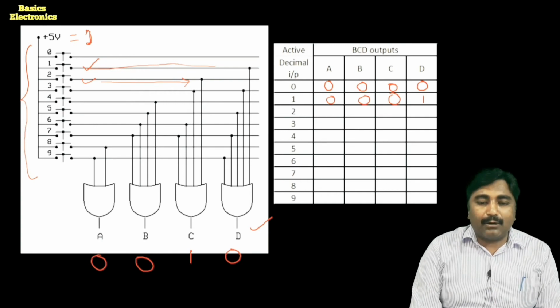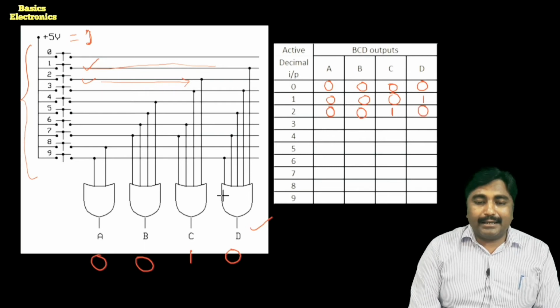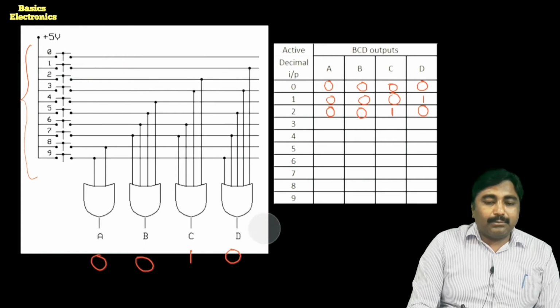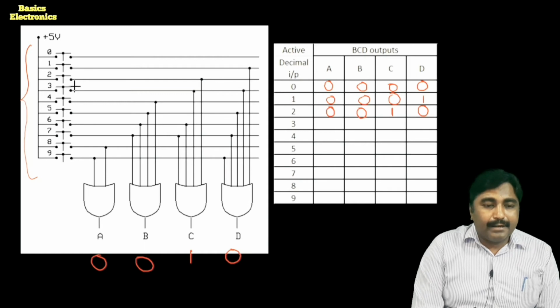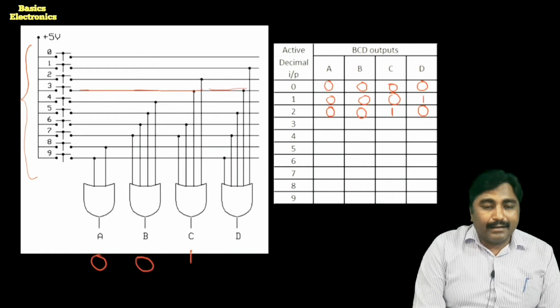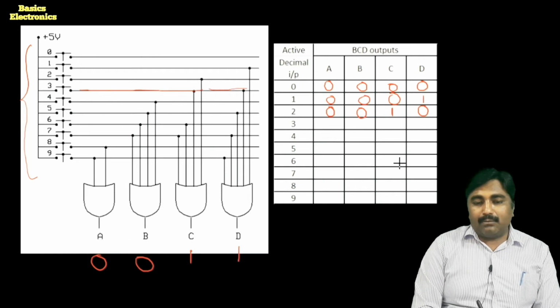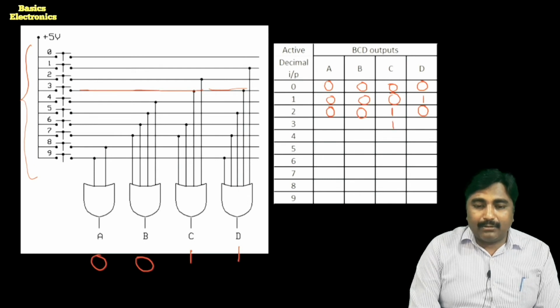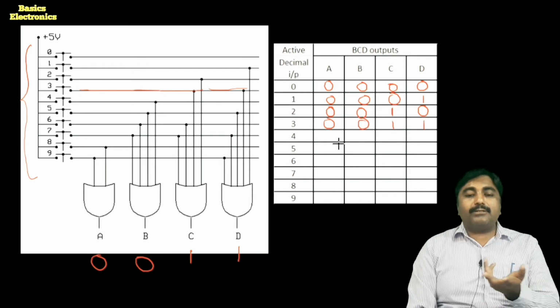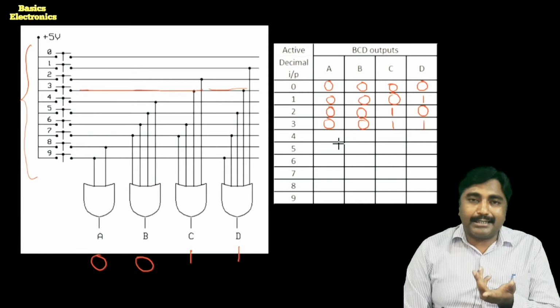So we get the output 0 here, 0 here, 1, C is 1, and D is equal to 0. When we press the switch number 3, the switch assigned for the decimal input 3, then 3 is connected to the third gate having the output C, so the C output is equal to 1. Also it is connected to the fourth gate, so the fourth gate output D is equal to 1. In the truth table we write C is 1 and D is 1. These other two are 0, 0, producing their natural output, which is the logic low.